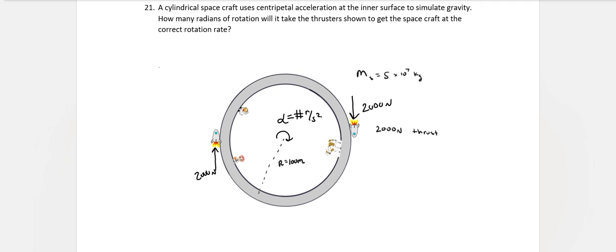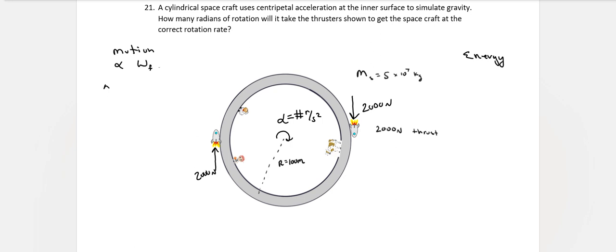Now, there's a couple different ways we can attack this, and let me talk about both of them. We can attack this from a pure motion standpoint or an energy standpoint. All right, so motion-wise, if you have the angular acceleration and you have the final angular velocity, which you do,